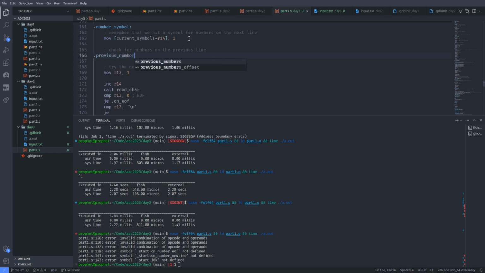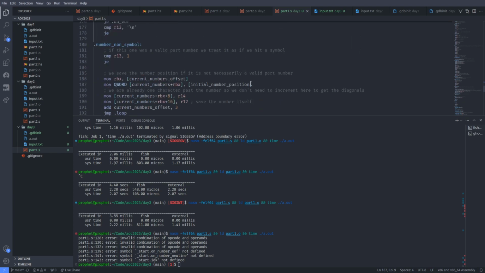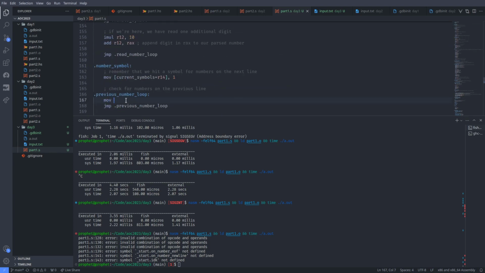That's a previous number loop. Right, so I guess we check the start position. Wait, do we care about IX? No, we don't. We have used IX already. Yeah, we only care about the symbol. So I guess but let's still use RBX because